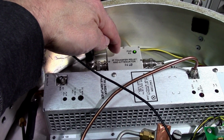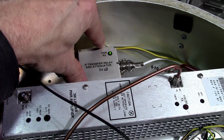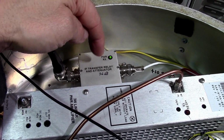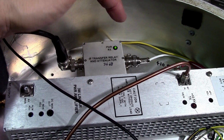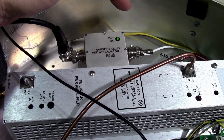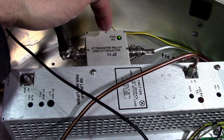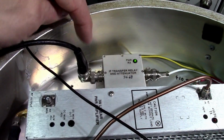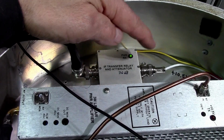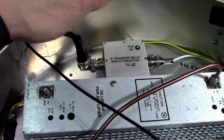Because we work at 144 megahertz, 36 dB is the maximum of attenuation I can get with this box. Why so? Because the relay I'm using inside, it's just a standard switching relay, and this is pretty much what I get when the contacts are not closed at 144 megahertz, 37 dB. You know the pi attenuator that I have between these two ports? Well, I can even remove the connecting resistor in the middle and I'll still get 36 dB. So when I say I'm maxed